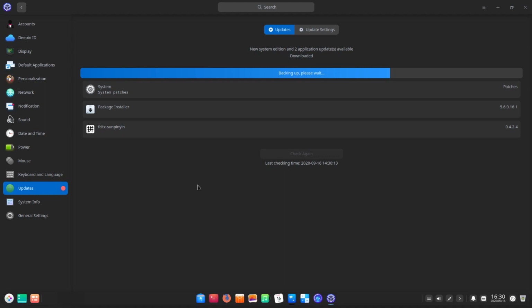And now, as you can see, the system is doing that backing up procedure. So right now, the entire root directory will be cloned into that reserved alternative root directory, and probably some images from the grub bootloader and other system settings will be moved to the /recovery partition. And this will make sure that if something goes wrong during the system updates, you can actually revert the system